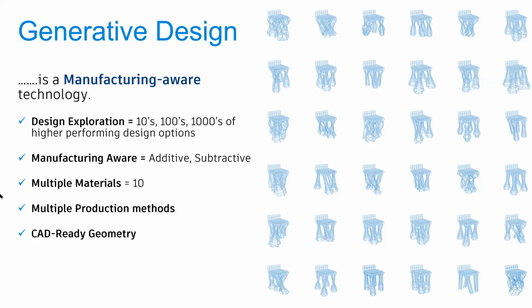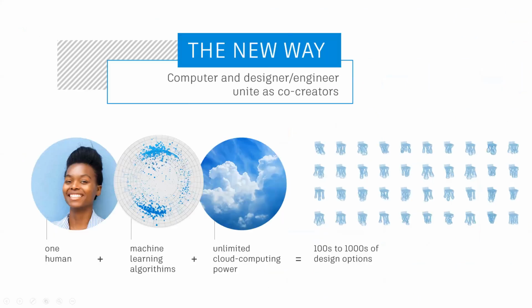At the same time, I can check outcomes for multiple different materials, check for different manufacturing methods, check for different loading conditions or the constraints that it is being subjected to. Now, the way it works is a very beautiful example of an amalgamation of human and machine interface. As humans, we are very good at articulating a problem. We can derive or define a problem statement or a design intent.